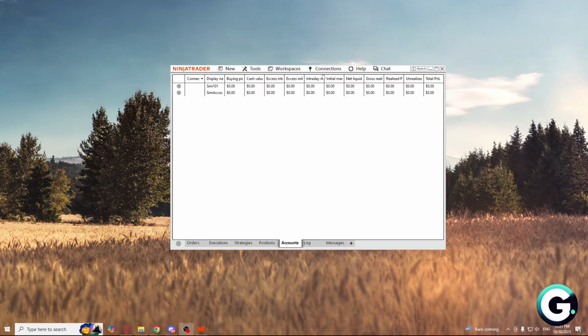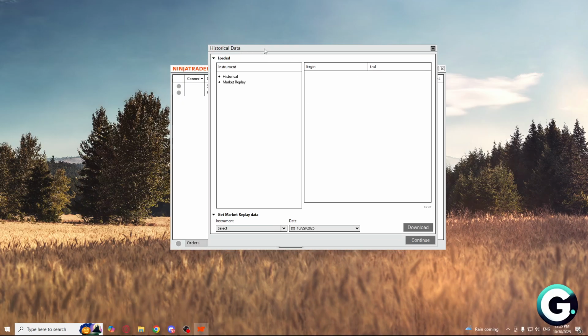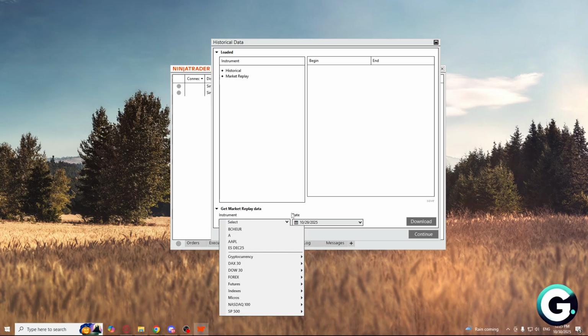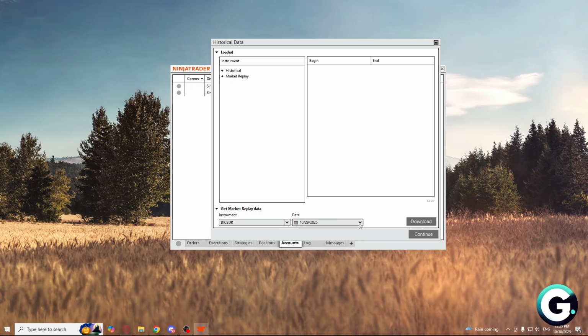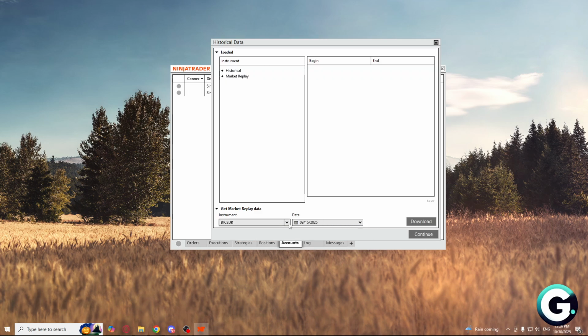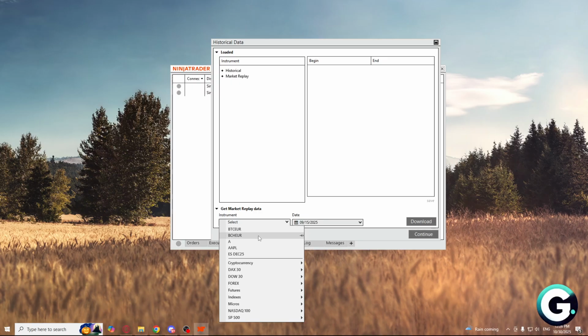So what you'll need to do is go to the connections right here, click on playback, then you'll need to get market replay data. So select your instrument. For example, let's say I want to choose Bitcoin, then select a date. Let's say we select September 15 of 2025. Now click on download. This will load the data, and as you can see, it doesn't have any right now,